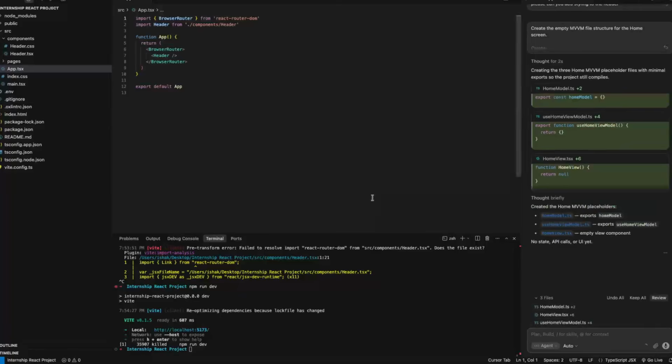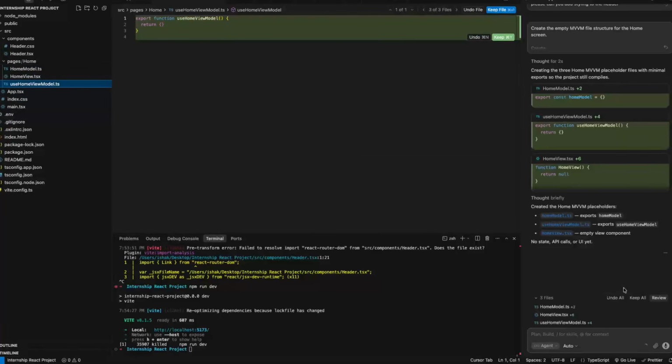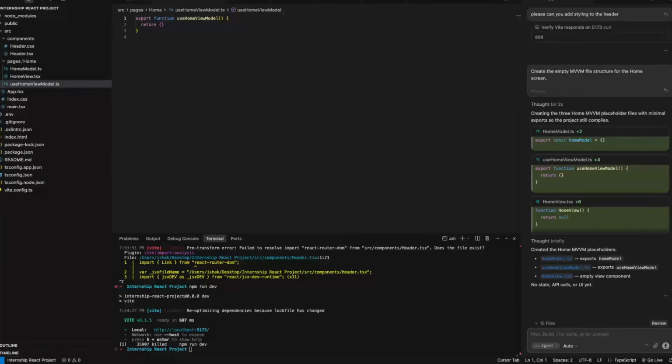He is already done, so we can see what we have. Okay, so he created a pages folder, and in the pages folder we have home that has home model, home view, and use home view model, which is great. So we will keep this one, and we will continue with our